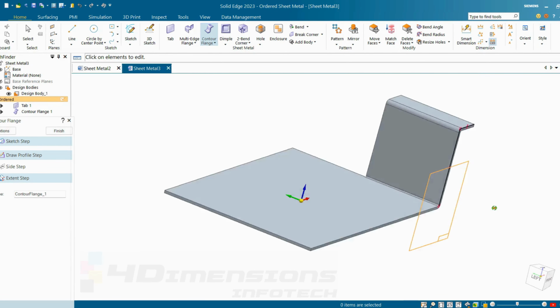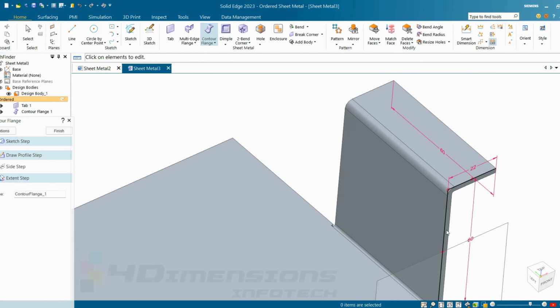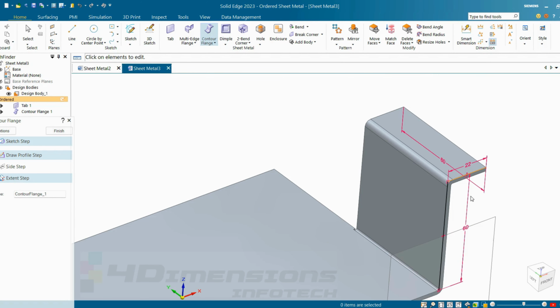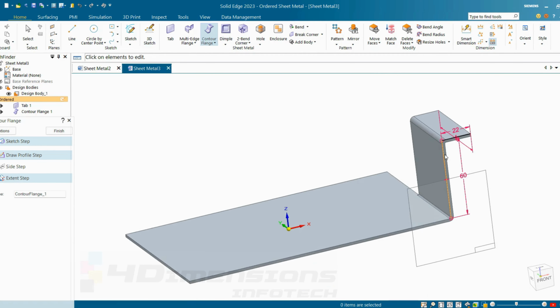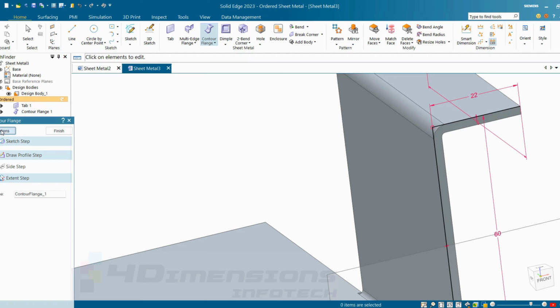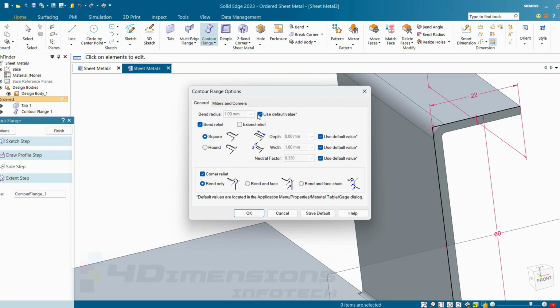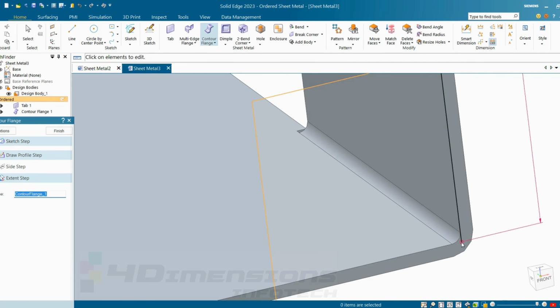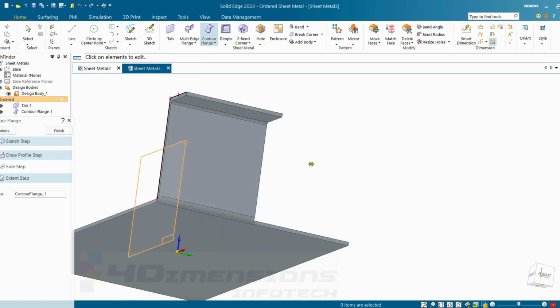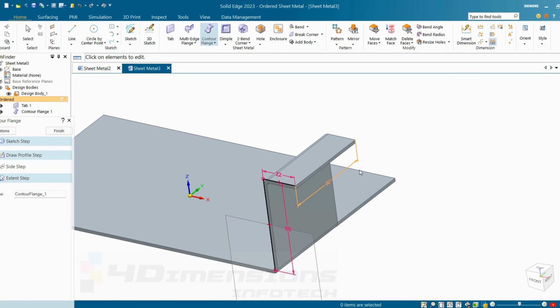You can see this contour flange has been made by using these two lines, 60 and 22. The bending radius is automatically coming there. If I want to update the bending radius, I can go into options, and here I'll set the bending radius as 1.5. This inner side bending radius has been updated here, same for this bending radius also. Next, here we have taken the value for this extrusion. If I don't want this value, I want this flange to be taken completely from one end to another,